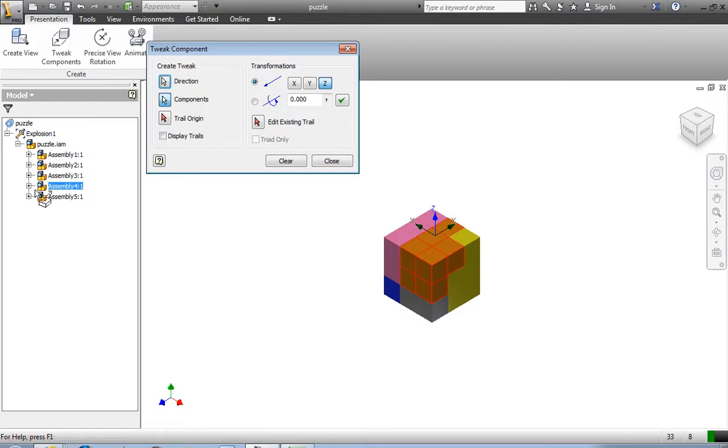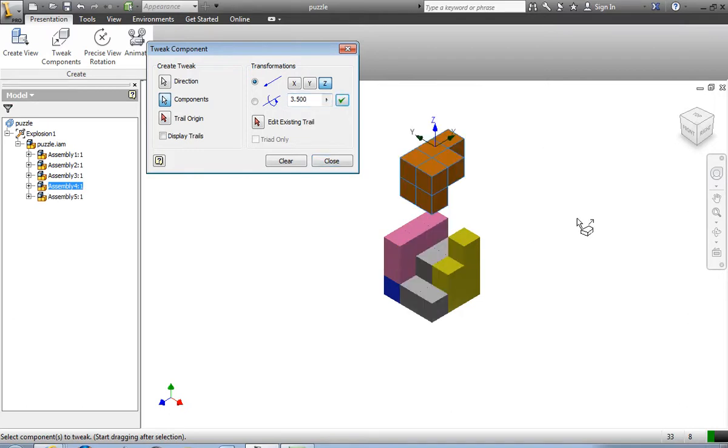So I've selected my part, and now I'm simply going to type in a distance. Well, these are 3/4 inch blocks. So 3/4, 3/4, 1.5. This whole block is about 2.25 inches. So what I'm going to do is I'm going to move this 3.5. I'll type in 3.5 inches in the positive direction, and I'm going to click on the green check mark. And you can see what happens is that piece moves up that distance. Okay? Well, now I'm going to clear the selection,